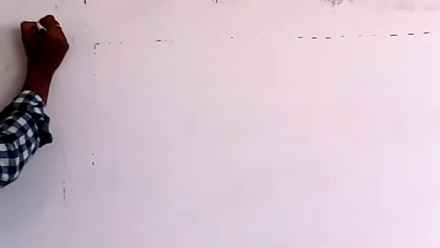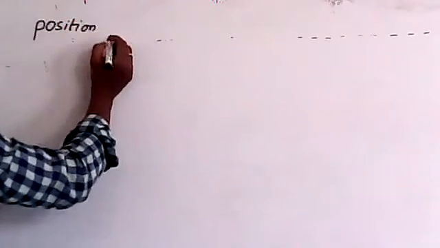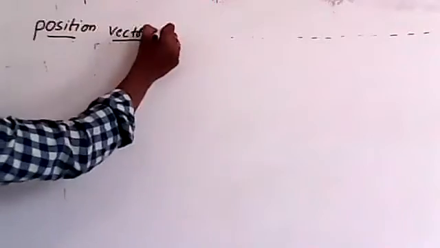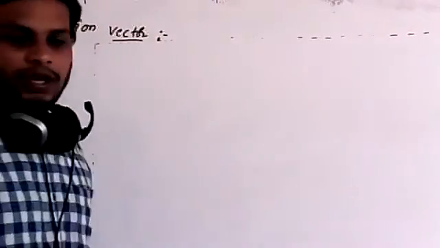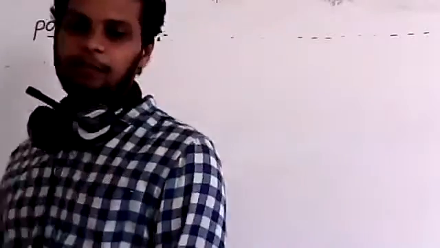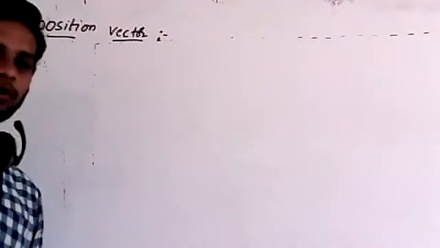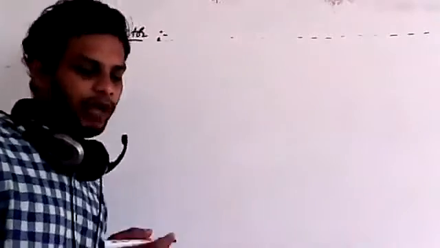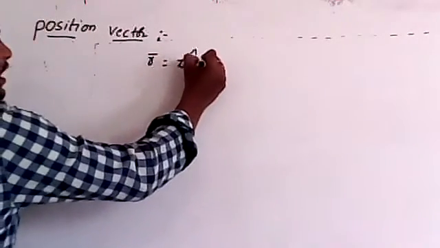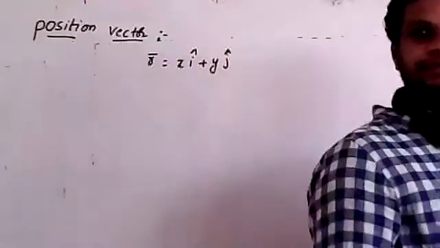Actually, this we already discussed: position vector. Remember, the position vector of a particle is represented with r bar. If you take a two-dimensional coordinate system, that position vector r bar can be taken as x i cap plus y j cap. This is in two dimensions. In three dimensions,